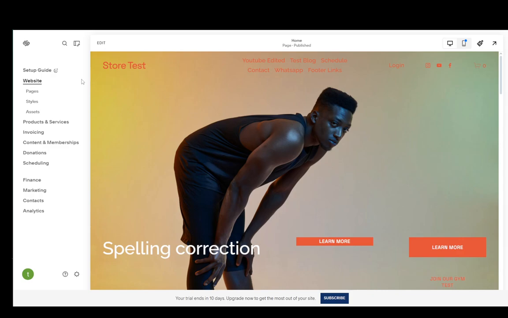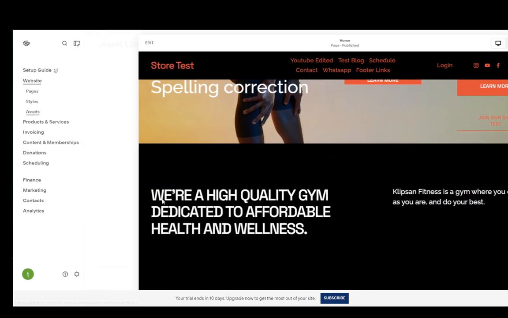In this video, I'm going to be explaining to you guys how you can add images to your pages on Squarespace. So let's get right into it. Now, as you can see, currently I'm on the preview for my main page, and I'm going to be adding an image over here. What we're going to be doing first is we're going to go over into assets,